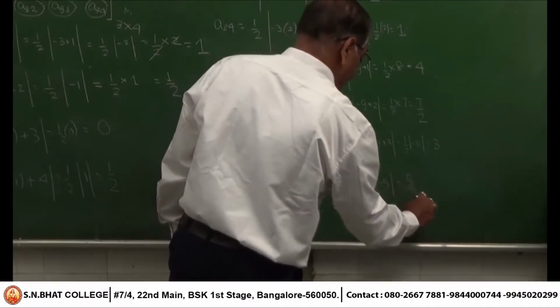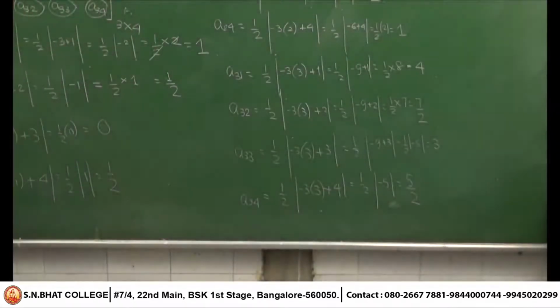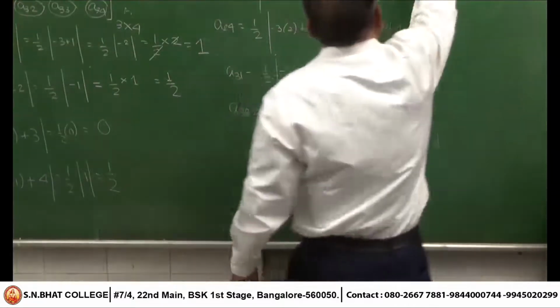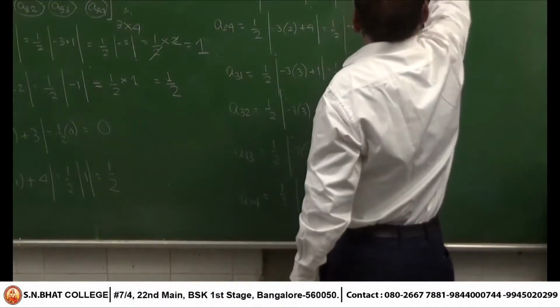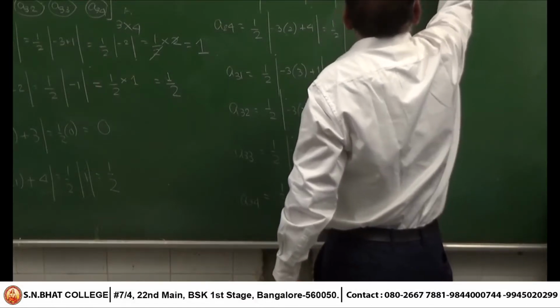Modulus of minus 5 is plus 5 divided by 2. Now we have to substitute all these values in the matrix A. Therefore, the final answer, matrix A, is: